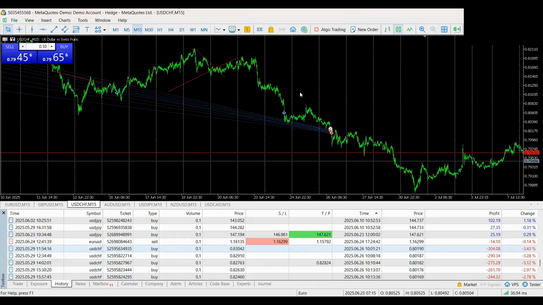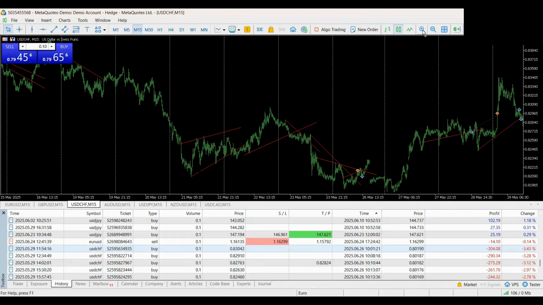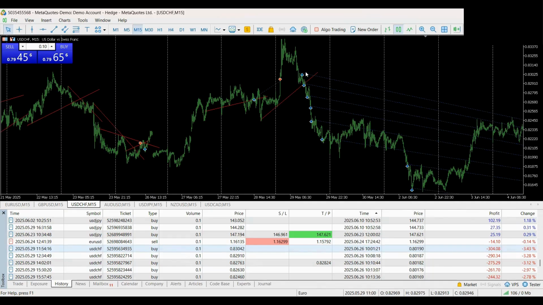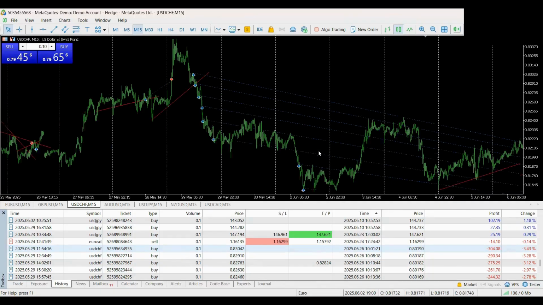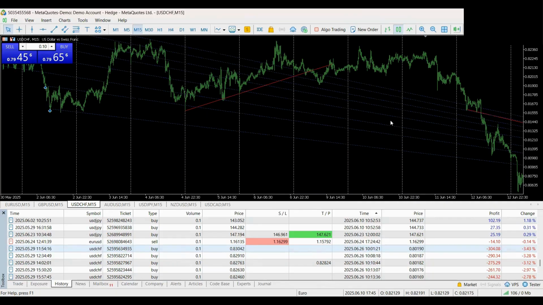Okay, so as you can see, we took a trade over here, and I'll zoom in. I took a trade over here, I took a trade over here, I took a trade over here, I took a trade over here, I took a trade over here. So these were all the trades, and my belief was that all these trades will zero out, like at least